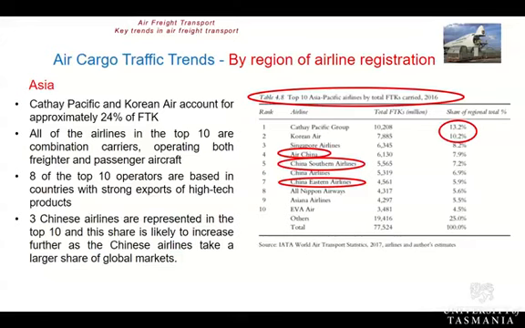If we went back 7 or 8 years ago, there might be 1 Chinese airline. But what it highlights is the volume and integration of China's aviation industry, particularly along those lines of global movement. And it's expected that that share of air cargo can only increase out of China.